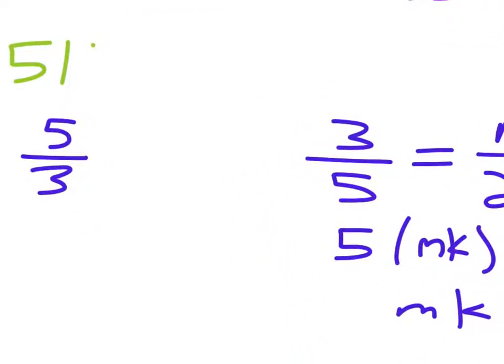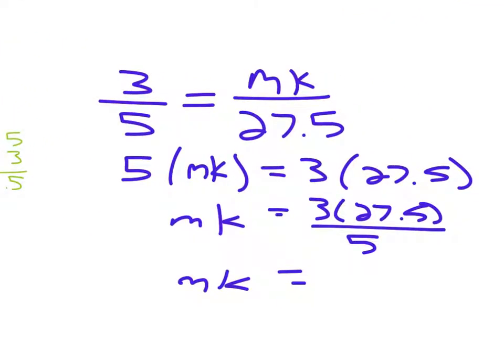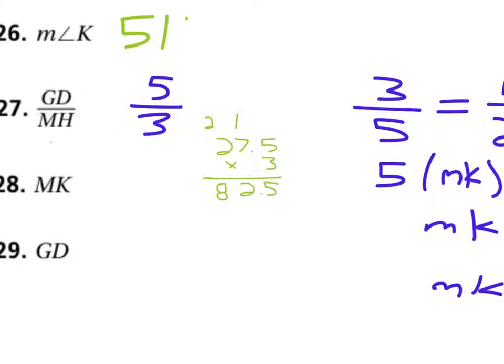let's say we're doing 3 times 27.5, or let's say 27.5 times 3. If we put 3 on the bottom, we only have one line of numbers. 3 times 5 is 15, carry the 1. 3 times 7 is 21, plus 1 is 22, carry the 1. 3 times 2 is 6, plus 1 is 7, and 1 decimal, 72.5. And now we have to divide that, because remember, that was this. Now it says divided by 5. Okay? So we'll do